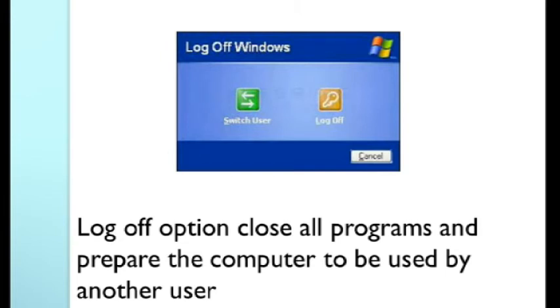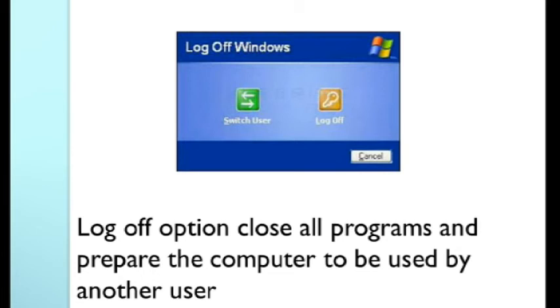So this log off option is not used to shut down the computer, but it helps us to close all the programs currently running by a user, and that helps another user to use it properly. Clear?